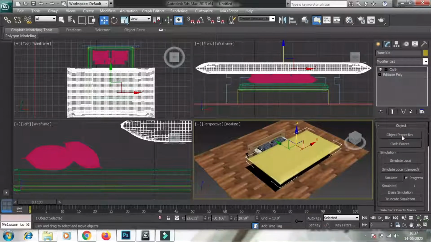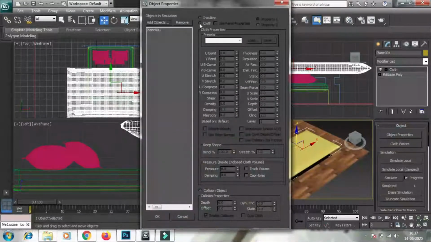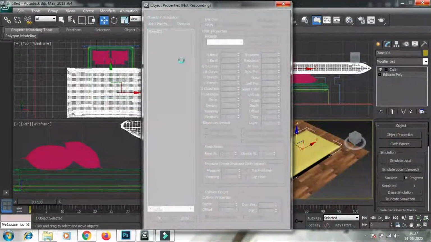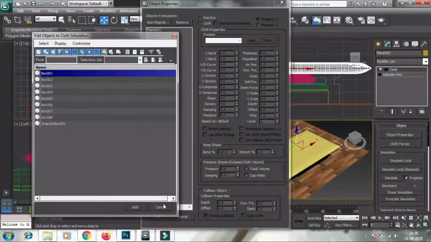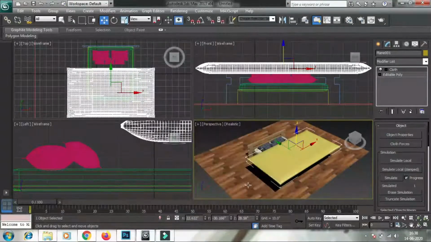Go to object properties, and this time you need to add objects and select all the objects which are under this particular bed sheet. Let me see what this is.